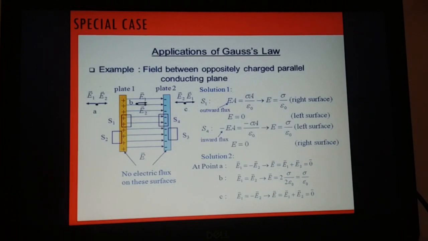Are you getting? So, when we are keeping two equally and oppositely charged conducting plates close to each other, there is no electric field intensity on either side of both the plates. But electric field intensity will be available only between these two plates, and that is equal to sigma by epsilon 0.